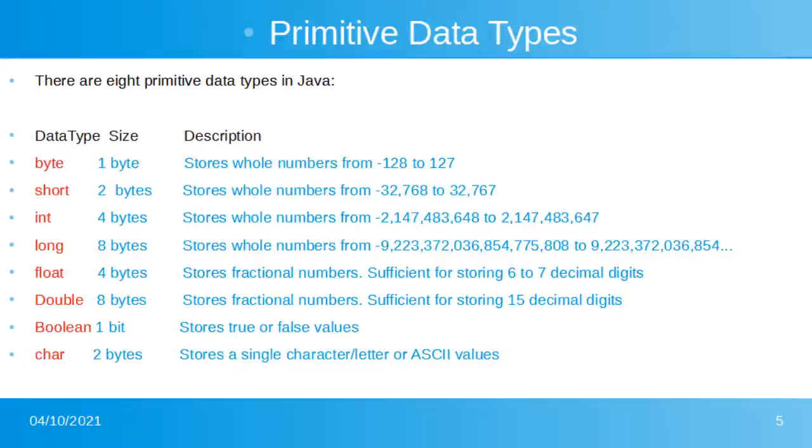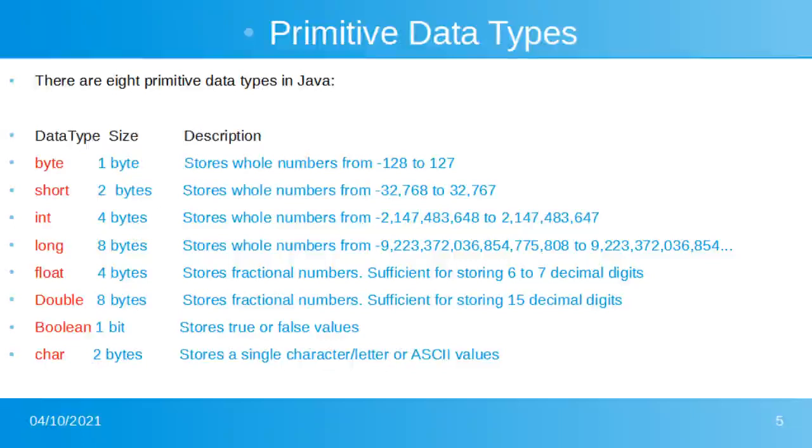And the other one is int, which stores whole numbers from -2,147,483,648 to 2,147,483,647. Other is long, which stores whole numbers, and other is float, which stores fractional numbers, sufficient for storing 6